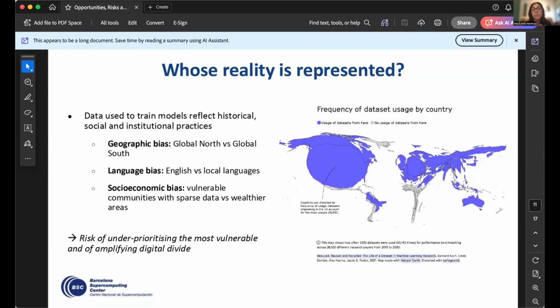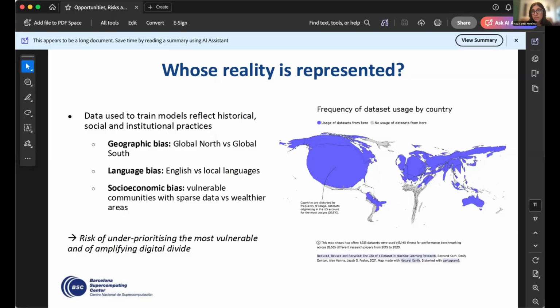In the end, we would be leaving out vulnerable communities, which also have less data because they are less represented, in opposition to these wealthier areas. So we need to ask, when we are building our systems, who are we representing with this, and who will then be benefited by these